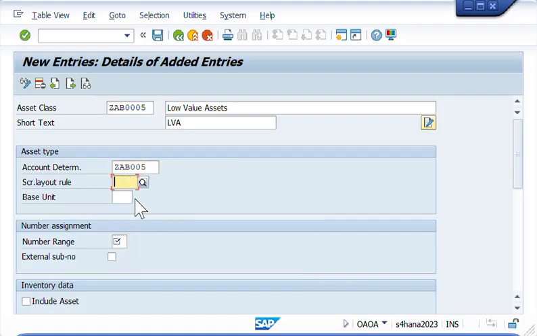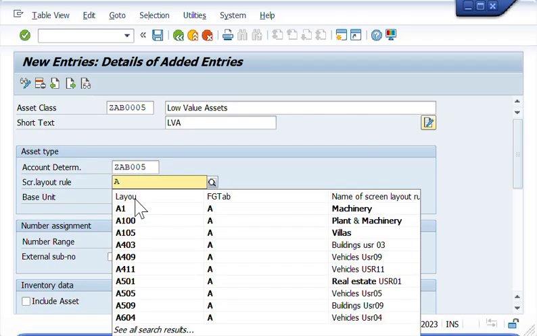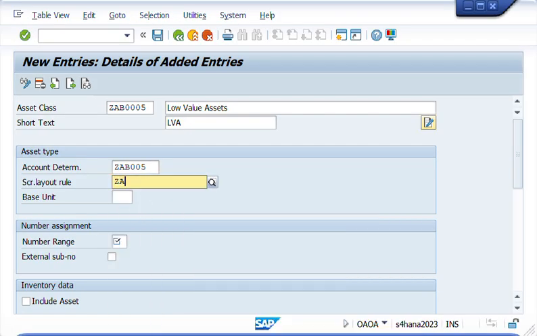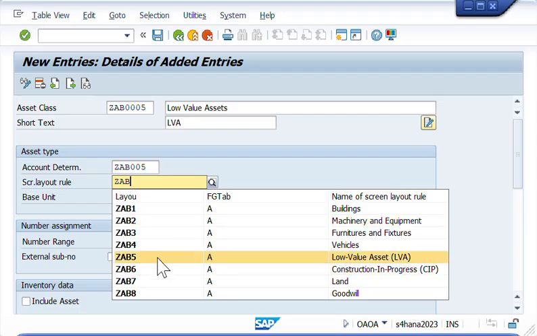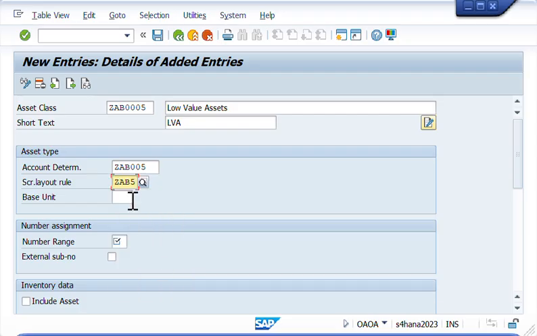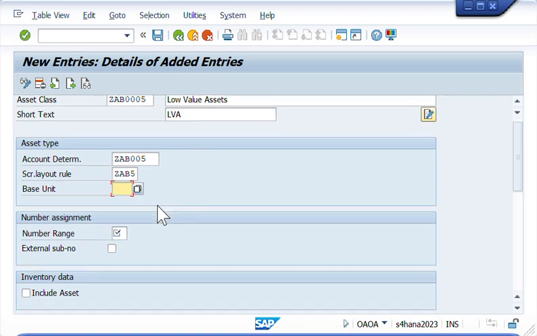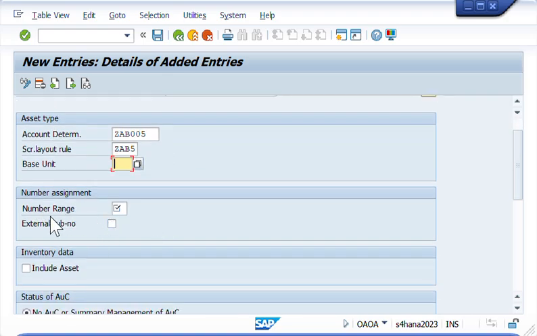Okay, and our screen layout is very similar also, which is ZAB5, which is low value asset, and our base unit, let's put it in blank, and our number range will be Z5,